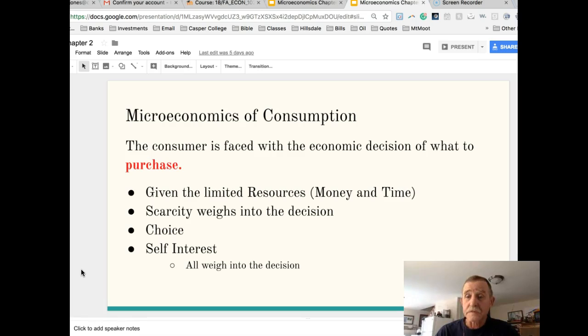Scarcity also weighs in on the producer side. The raw goods that it takes in order to collectively put together something so that we have an end output. Those things are scarce on the firm side of things as well. So that's going to determine some of the questions that we have. So there is some limited input from producers on that. Choice.